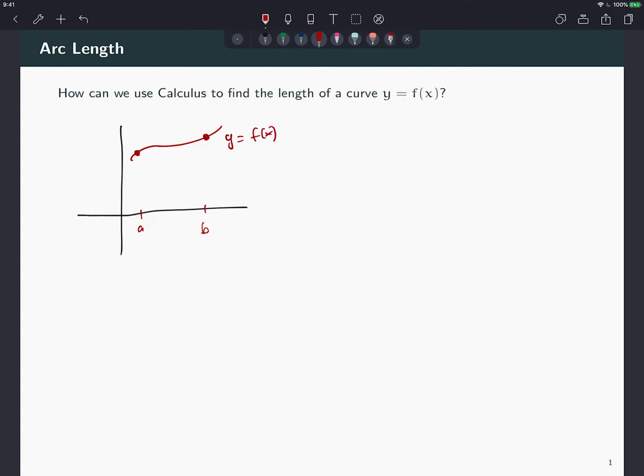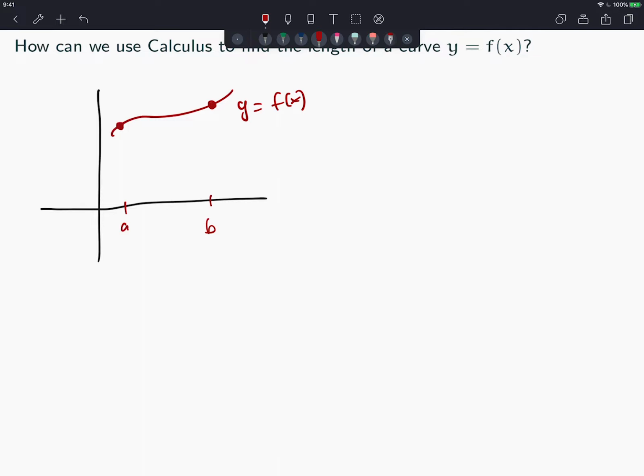So the approach that we're going to follow is to take this into a sum of tiny pieces and then take the limit, and that will become an integral. So how are we going to do that? Well, as we've been doing learning about integrals, we always cut the domain into